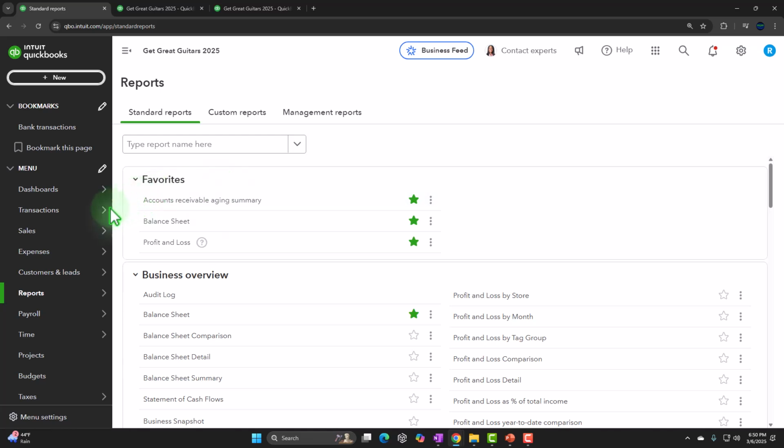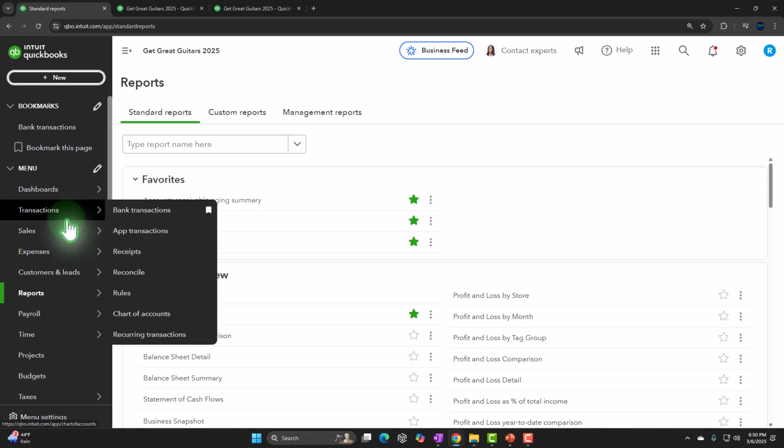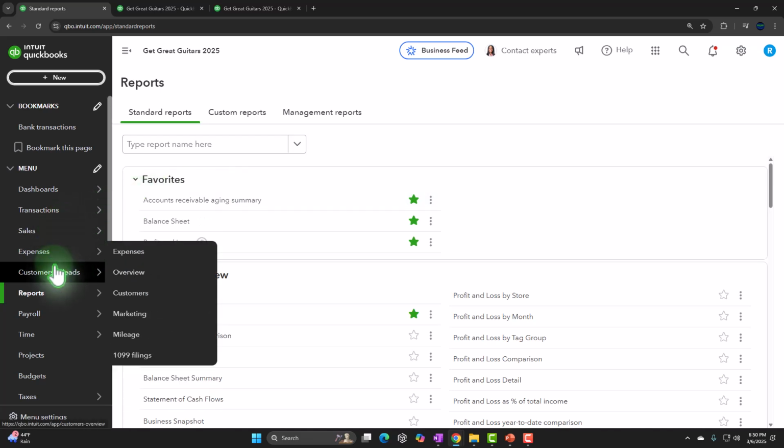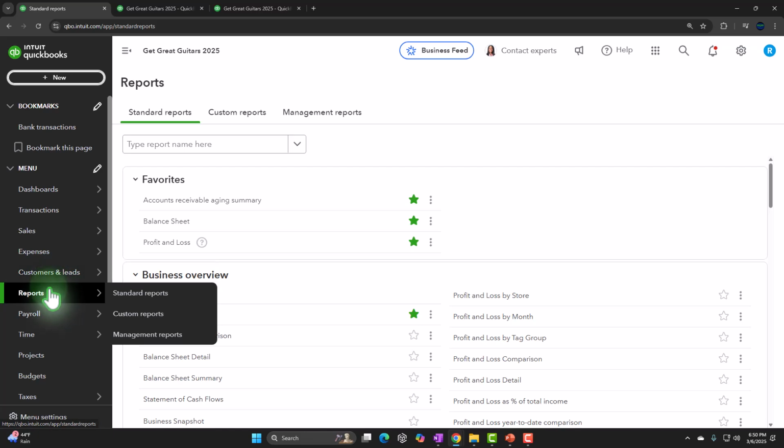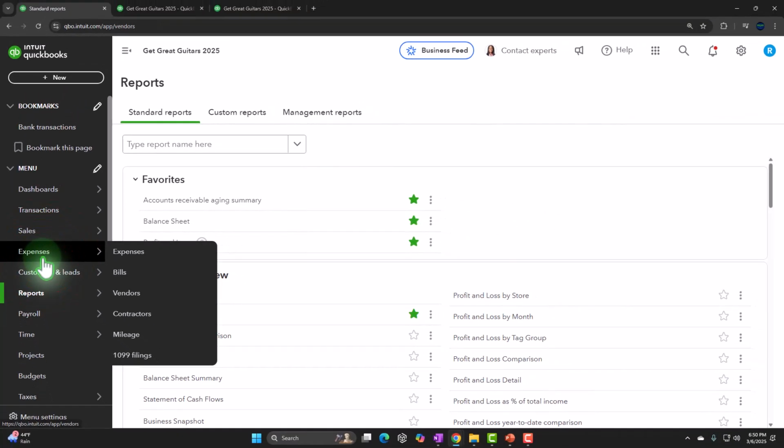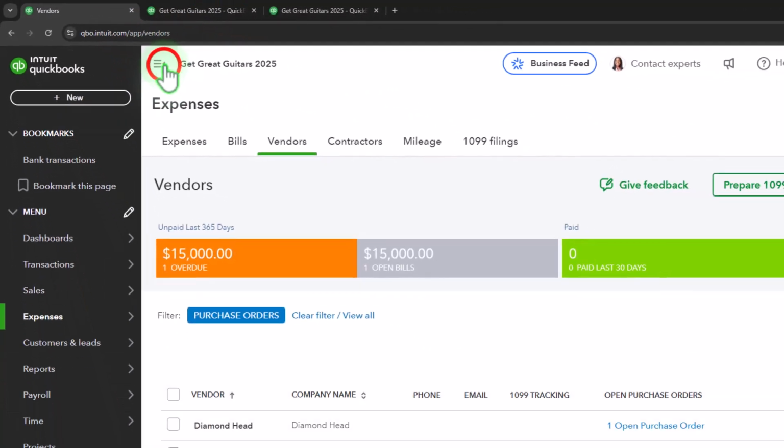So let's see the purchase orders. We're going to then imagine we get these boxes of stuff, right? And they have the guitars in them. And we're going to go, okay, let's go down to our expenses area, closing up the hamburger, and we could